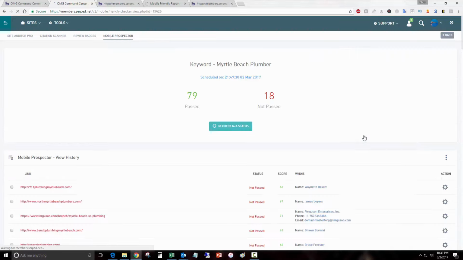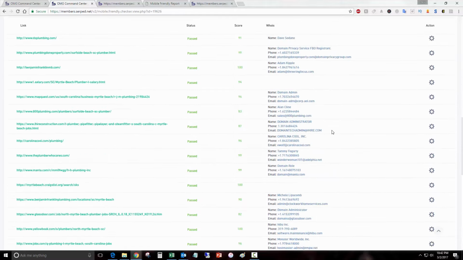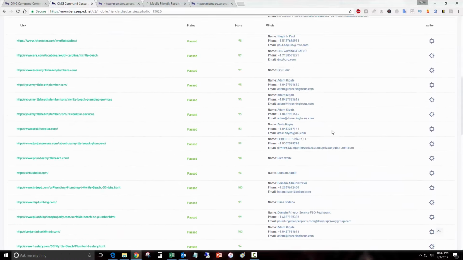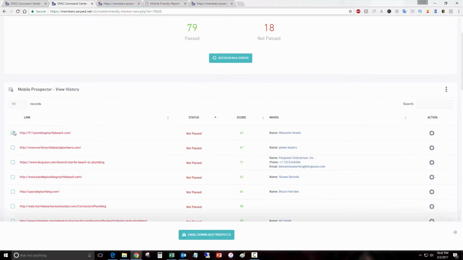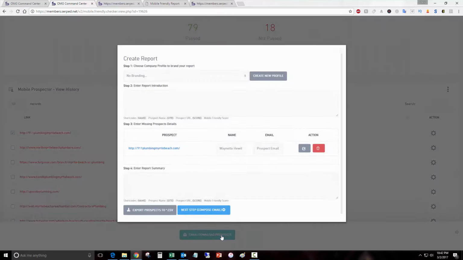Here's another one I tried. Where did it go? Well, I guess, there we go. You can click to 911 Plumbing Myrtle Beach. We want to email them, tell them that their site is bad on mobile. Obviously, you want to be a little more tactful than that. Use your branding, which you can set up in the software. Enter an introduction